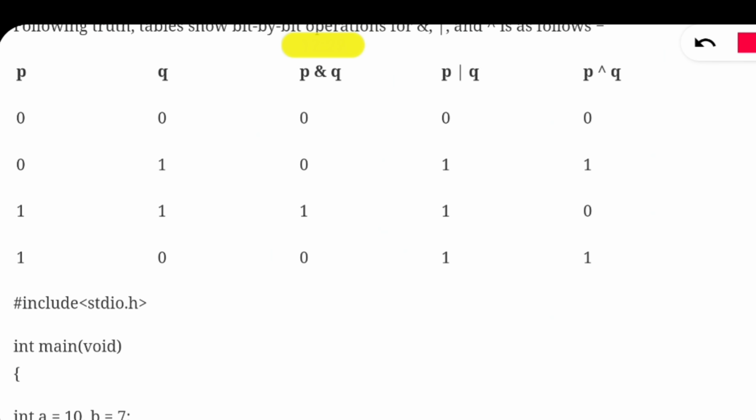Truth table is same. 0 0 means 0 in case of bitwise AND. In bitwise AND operation, if any of the input is false, the output will be false. Means for getting a true output, both inputs should be true.